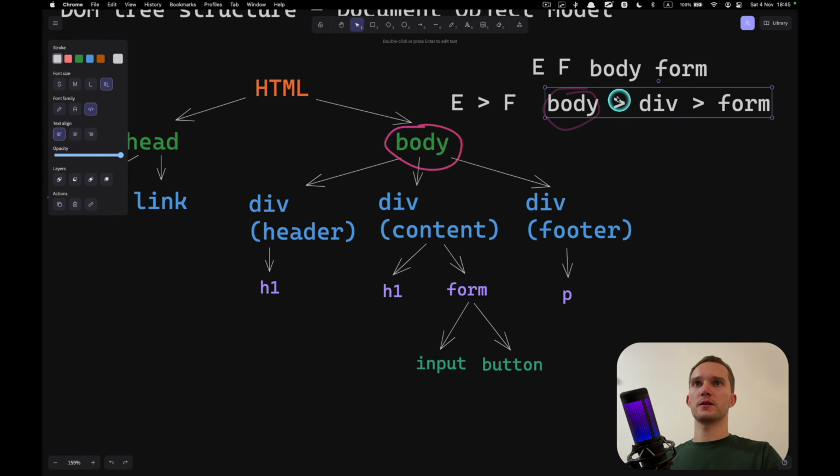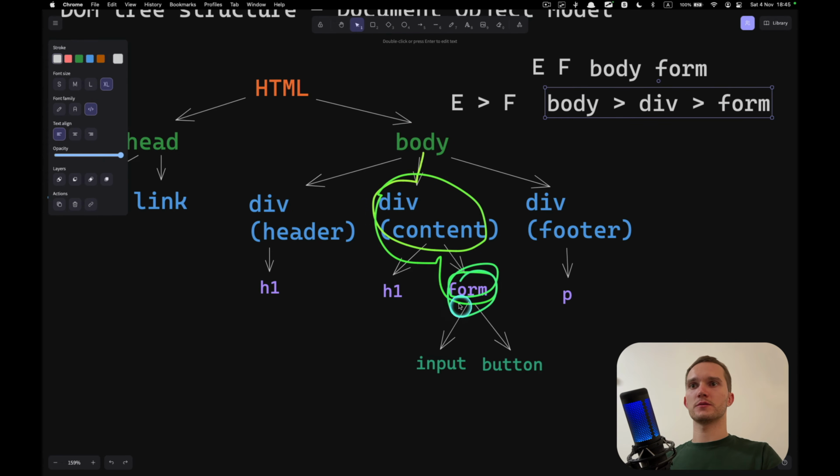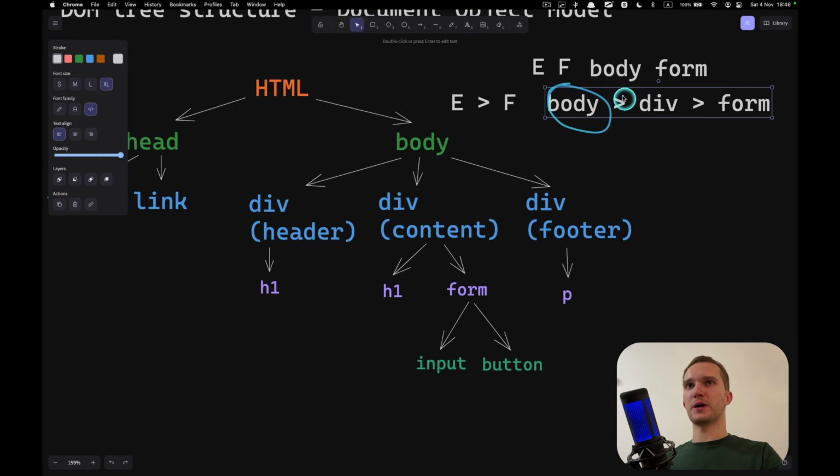Then this symbol says to search only children, don't go all the way. Like here with the selector body form, it went to the grandchild of body. So body is the parent, this is the child, and this is the grandchild. If we don't have any symbol here, it goes all the way down until it finds the form. And in this case, we have the body and we are saying search children of body, and children of body are divs.